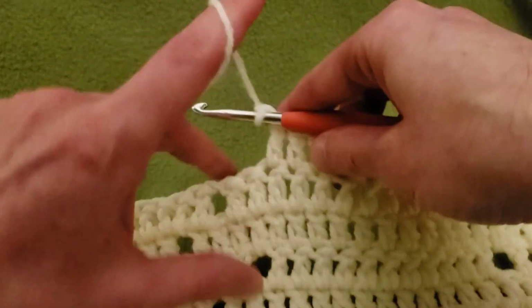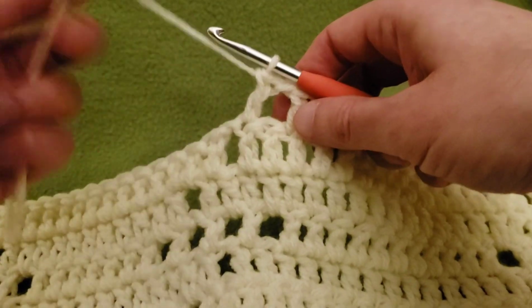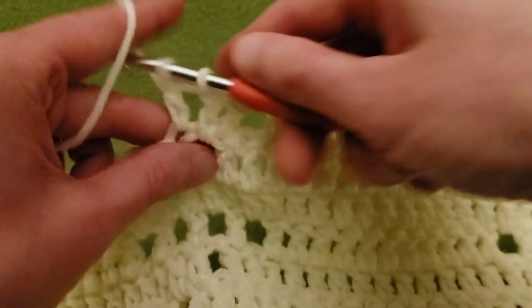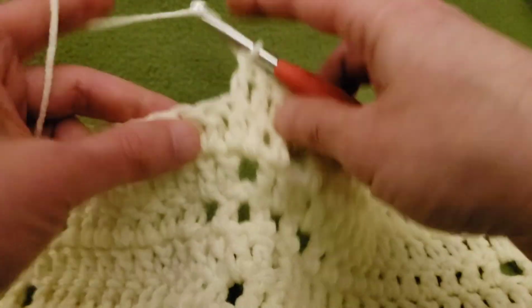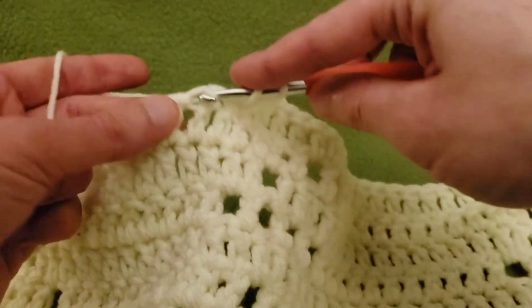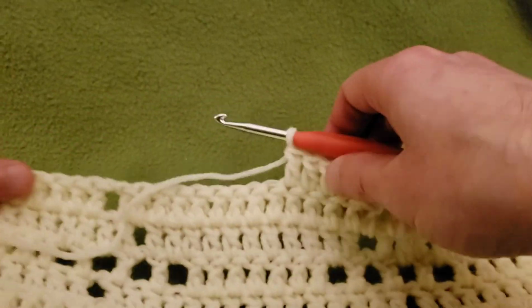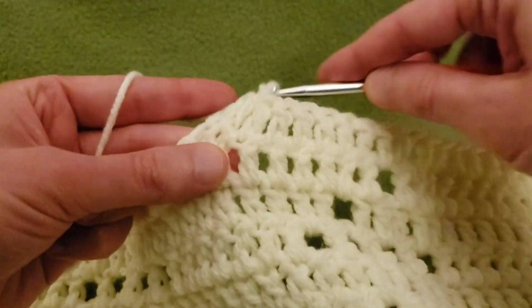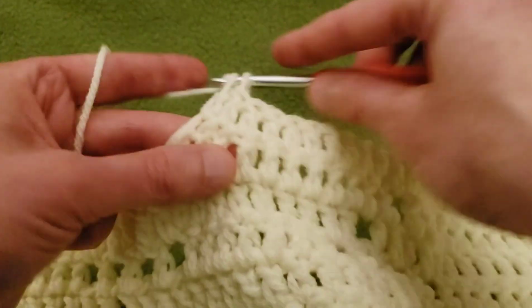So first the eyelet, chain 1, skip 1, and double. 18 more for our 19. So let's get to that. We've got 3 and 4, 5, 6, 7, 8, 9, 10, 11, 12,